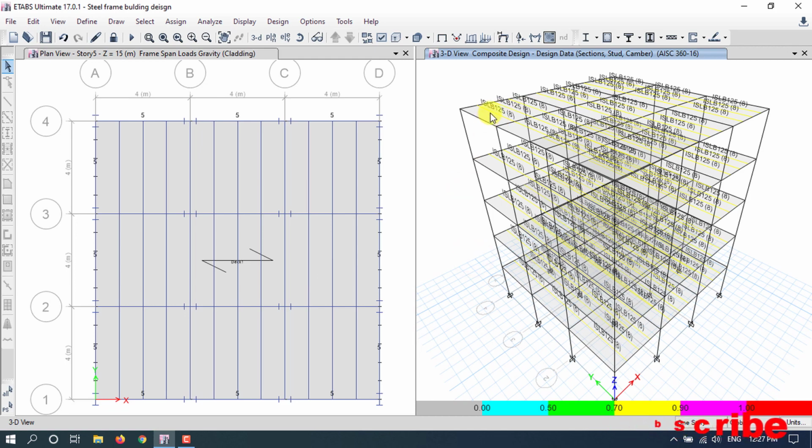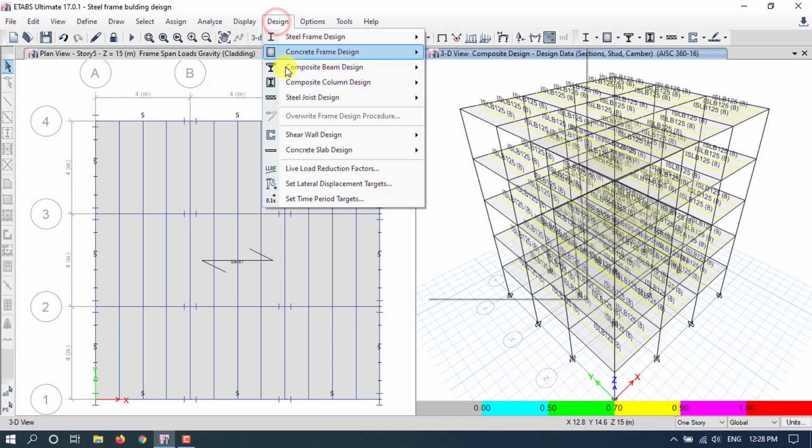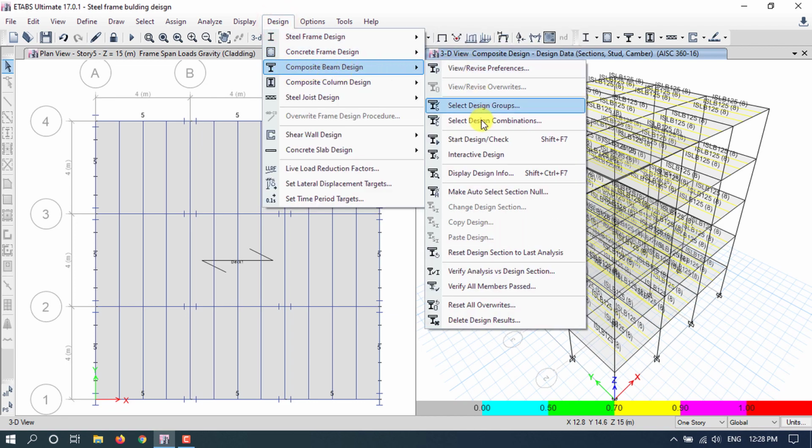Now friends, to make this composite beam section the default section or to avoid the auto select list, go to Design, go to Composite Beam Design and make auto selection null. Click here. It avoids the auto selection option and takes the default design of the composite beam section.